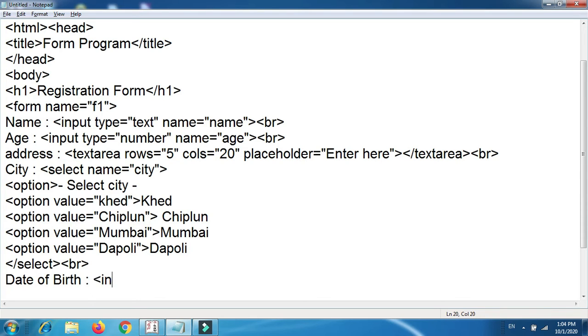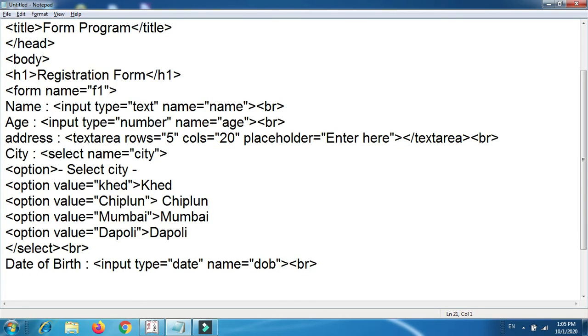Now input type equals to, see there are different types of elements available in HTML5, so you can use it directly. You can put a date object. Input type equal to date, fine, and name is equal to dob, meaning date of birth, fine. Now the next thing is br.